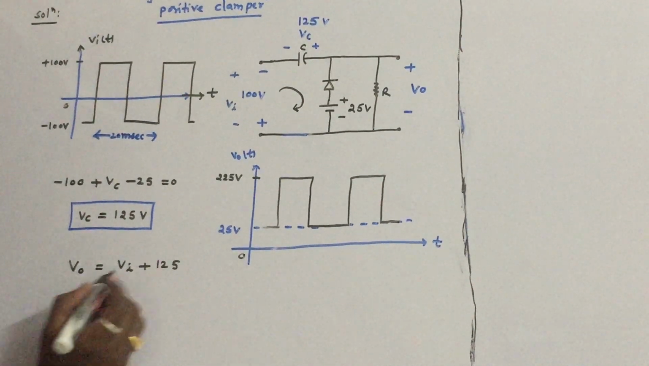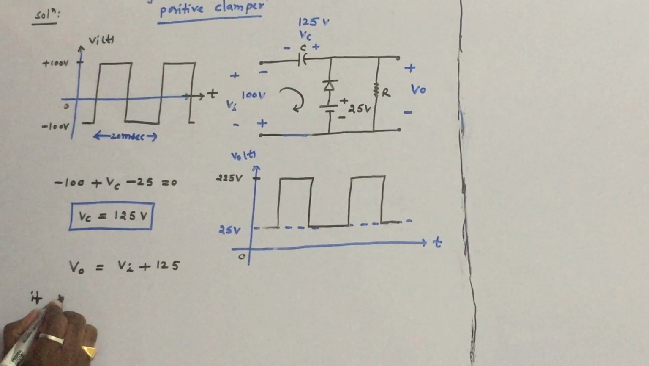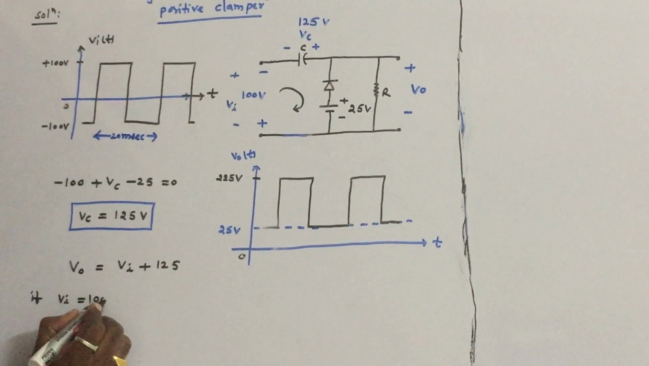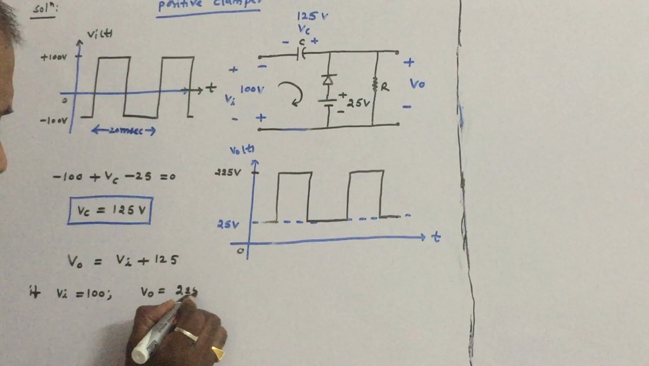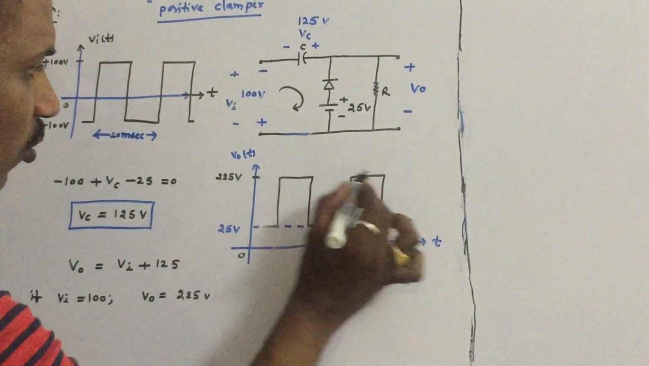So you can check what the maximum is if Vi is equal to 100. This is the positive peak. So what is the output voltage? 100 plus 125, 225 volts. So that is why the positive peak is coming as